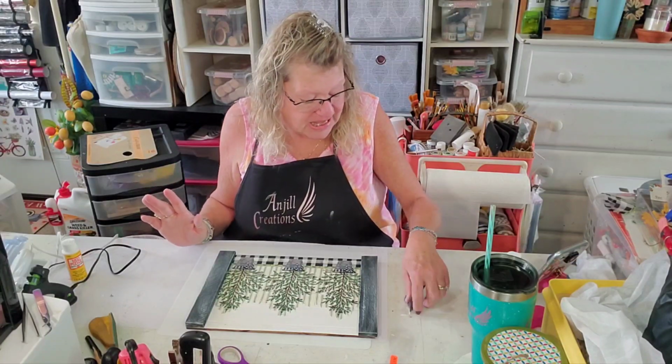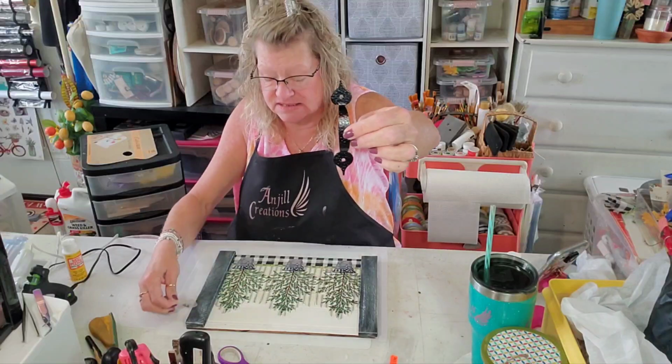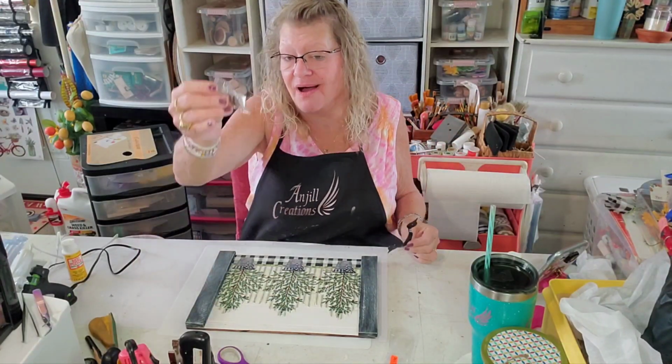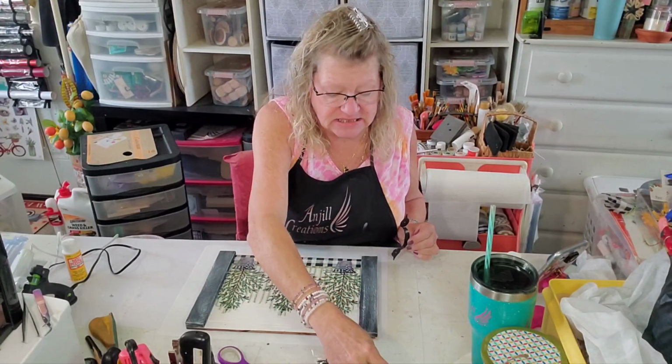I don't know. Look, these are so cool. Look at these handles. Can you see them? I love those. They even came with the hardware. And you know what I paid? 99 cents each at